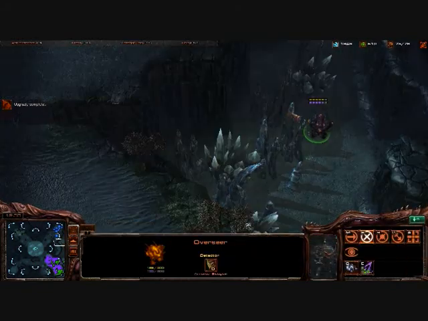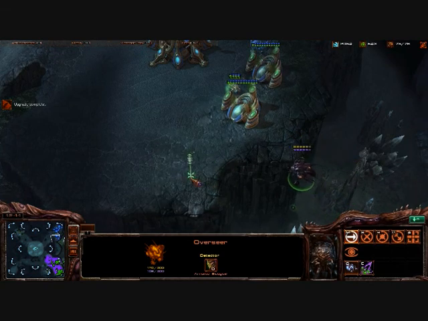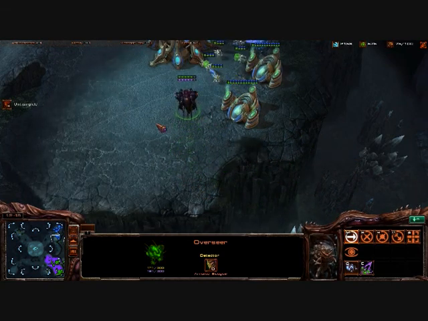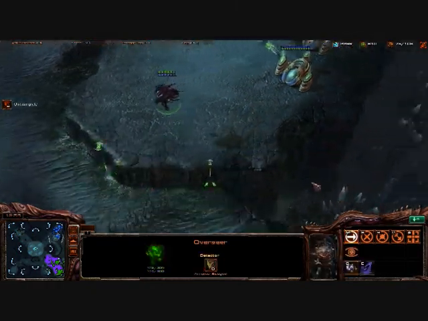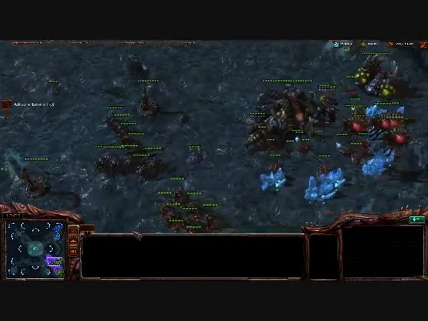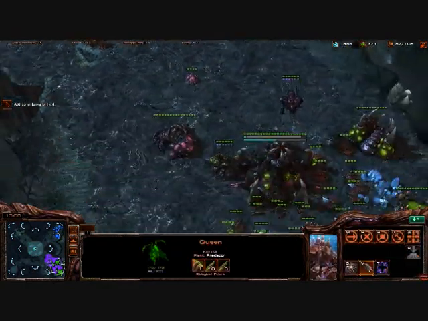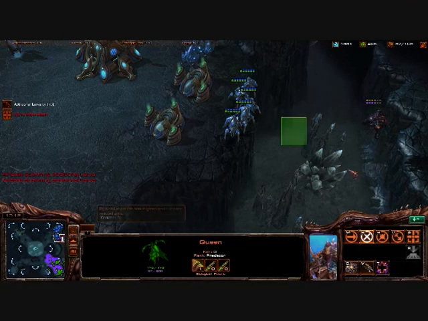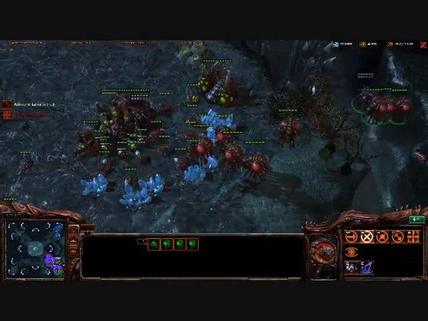Pneumatized Carapace, what that does, it makes overlords and overseers move faster. It's great for the regular overlords because they are slow as shit. Overseers because it allows them to keep up with most ground units. Okay, phoenixes. Alright, yeah, Hydras. Wait, he should have just been able to chase...